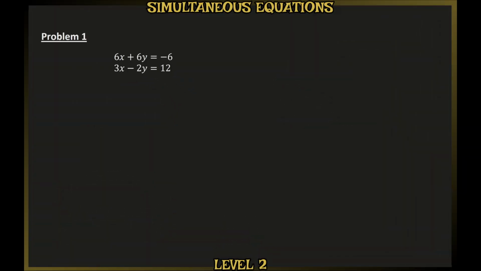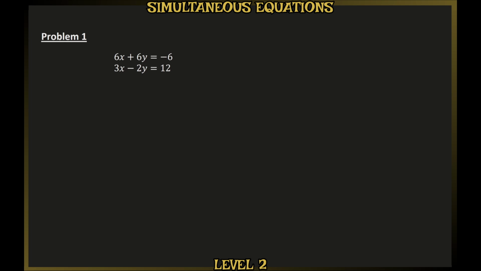In problem 1, we're solving 6x plus 6y equals minus 6 and 3x minus 2y equals 12. Now, in order to solve these, we need to eliminate one of the variables, which means we need to either get rid of the x's or get rid of the y's. And in order to do this, we need the same number of x's in both equations or the same number of y's. And since we don't have that here, we need to multiply one or possibly both the equations to